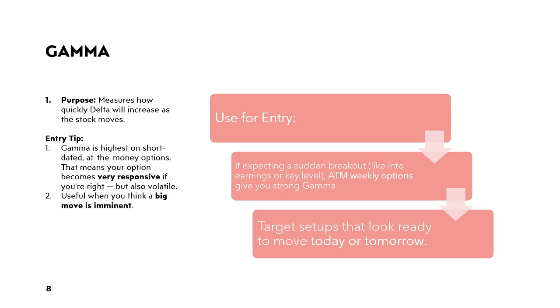As far as gamma goes, it shows how quickly the delta will change in the stock move. So a higher gamma is going to be a more sensitive stock. You will make money faster if you are right on the direction. It's especially powerful right before a big move or a big catalyst. So think of things like earnings, Fed announcements. Those are both key gamma setups, and you guys see that when it comes to GEX levels. We have really big GEX levels right before news happens, and then normally it swings one side or the other